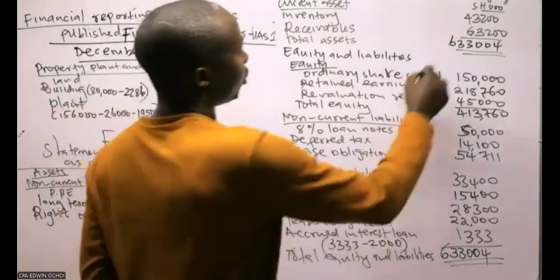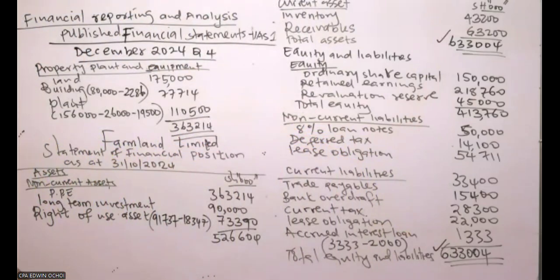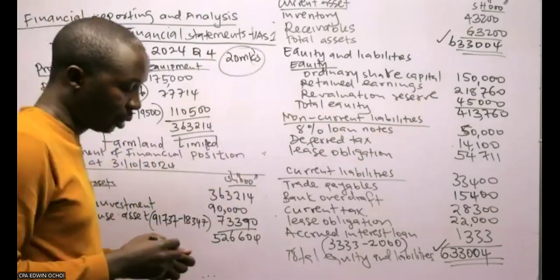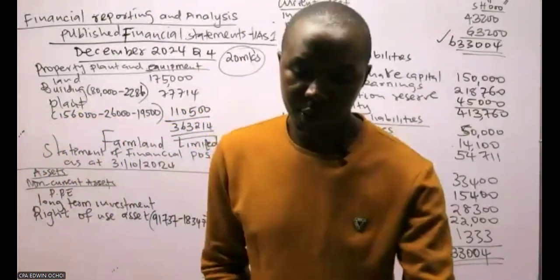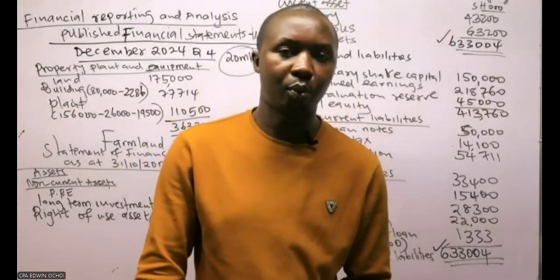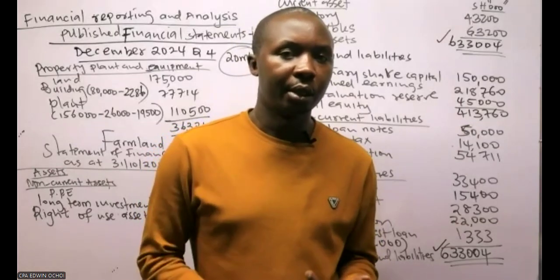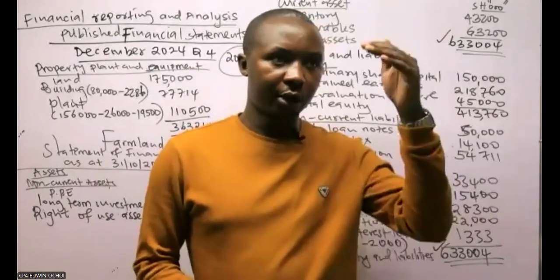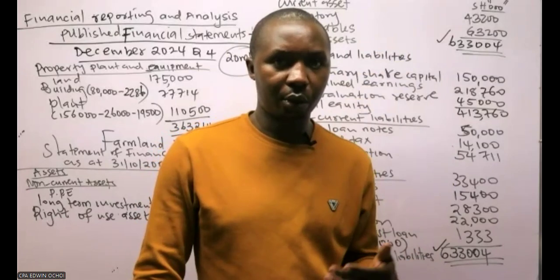It's balancing. So we have total assets and the total equities and liabilities. So that is how you were supposed to get this question, 20 marks. What you need to understand is how to prepare your statement of profit or loss after you have analyzed your additional information. Expenses are supposed to be classified under either cost of sales, administrative cost, distribution, and finance. Very important because you have to follow that format. That is a rule according to IAS 1.